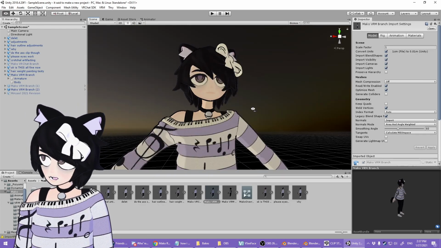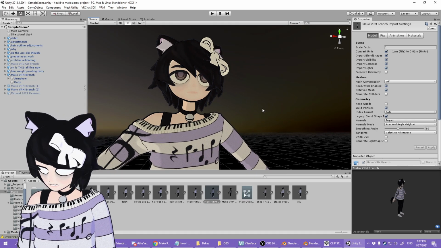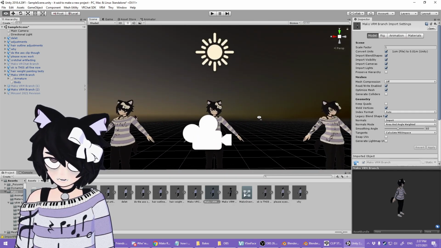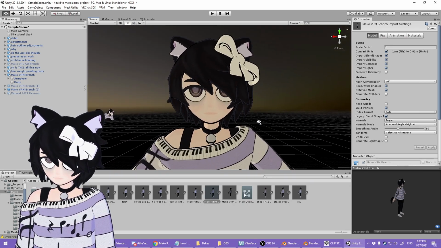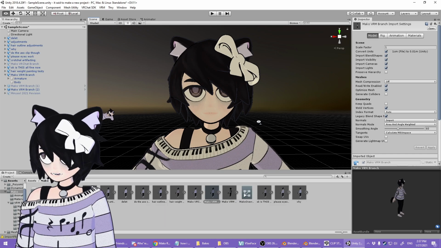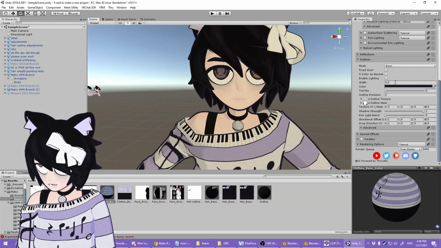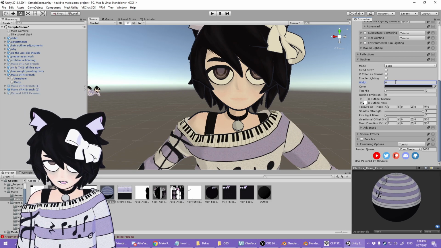Now there's one other aspect of the visuals that I need to go over, and that is outlines. However, this is very much a sort of final step kind of thing. It's something that is done either in Unity or in Blender after you're done with the whole rest of your model. So I will actually be going into that in what will probably be the last part. Now they are of course completely optional. I will show you what my model looks like without them real quick.